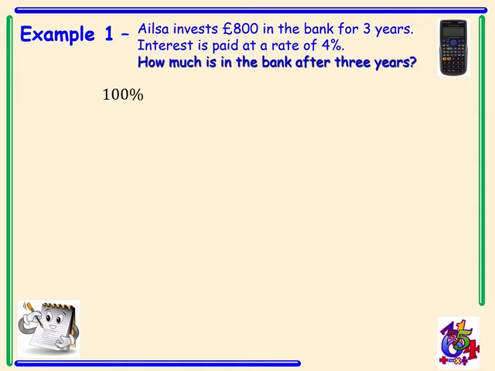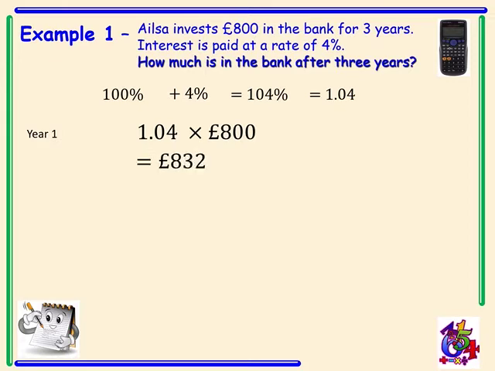So what we would do is start with 100%. It's increasing by 4%, which would give us 104%, or 1.04, which we'll use for our calculator. So find the value in the bank after year 1. We'd do 1.04 times £800, which gives her new total as £832. Then for year 2, again it's 4%, so it's 1.04 multiplied by 832, which gives her a total of